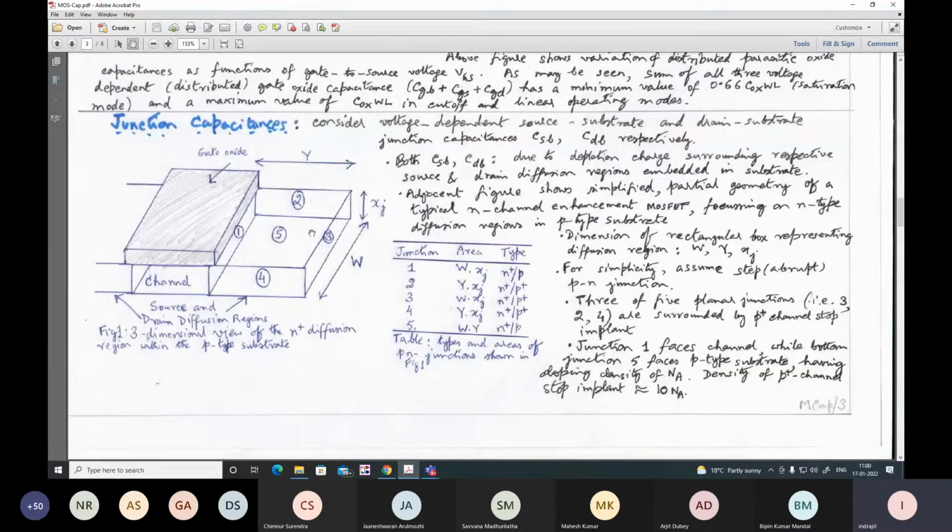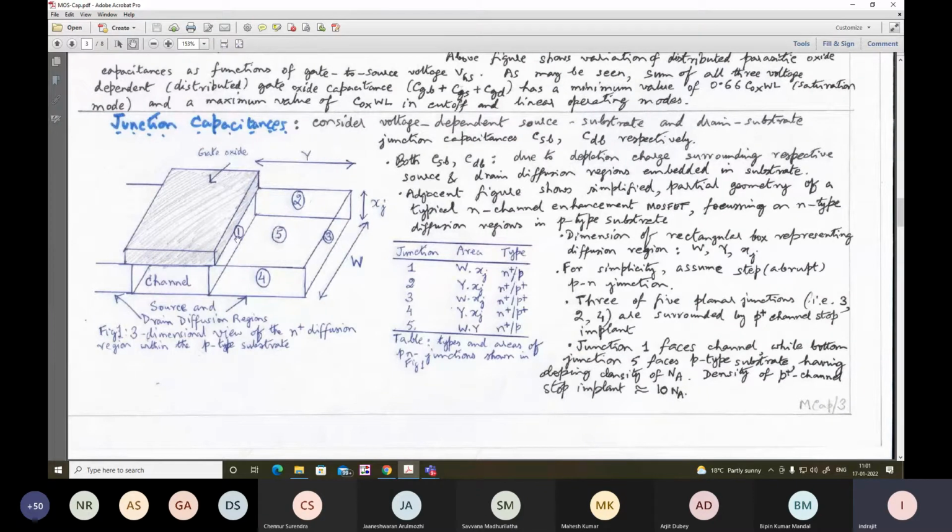Also, we need to consider the other P N plus junction. Why do we call it simply P? Because P is the lightly doped P-type substrate. And on your left, you have junction number 1. Although we are writing the name channel, it goes without saying that the inverted channel region is very narrow compared to the bulk of the substrate. So for all practical purposes, on our left side we have this P N plus junction. Its built-in potential and voltage equivalence factor will be the same as that of 5.